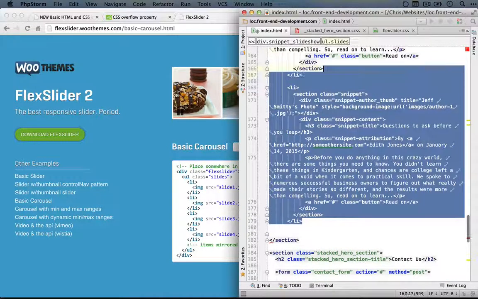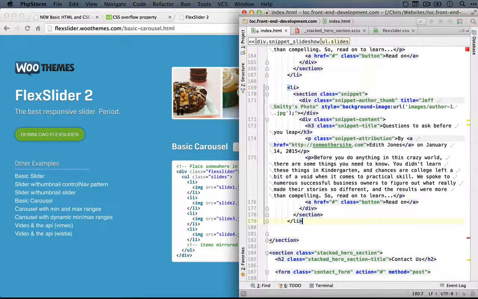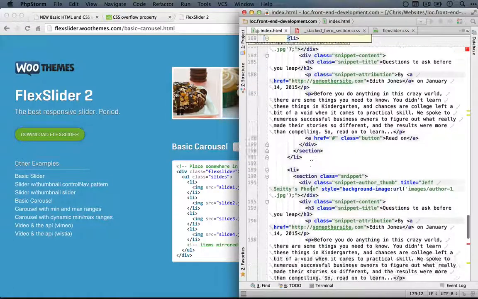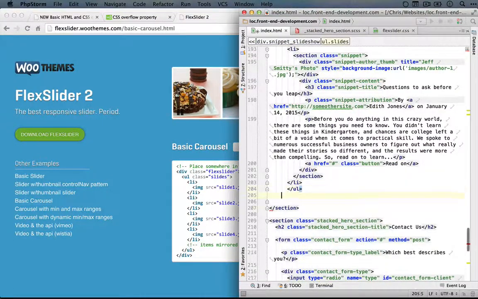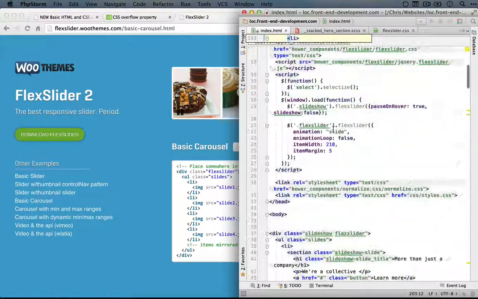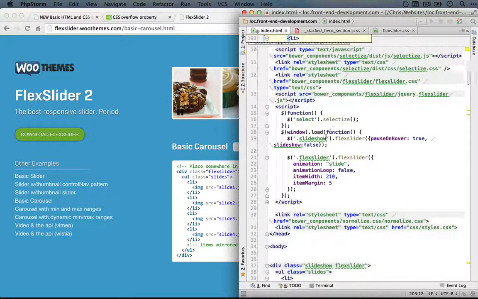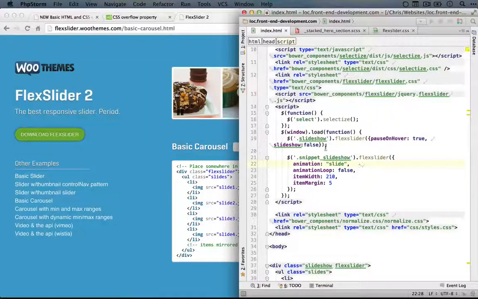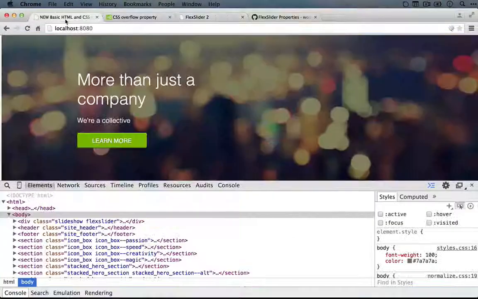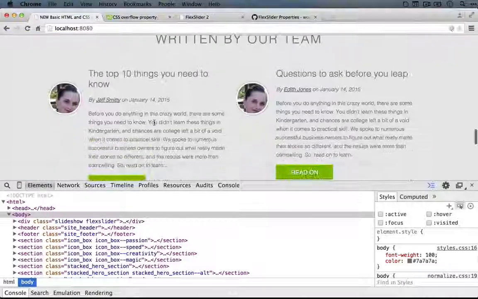So let's add two more list items. I'm just going to copy the last list item and paste it in 2 times. And then after the last list item, what we're going to do is end our unordered list and then our container div. And now finally, we have a structure that will work with our slideshow. So I'll scroll up to the top, and instead of using the Flex Slider class here, we're going to use snippet slideshow. Let's save this and jump back to the browser and go to our example page, roll down to our slides and refresh.